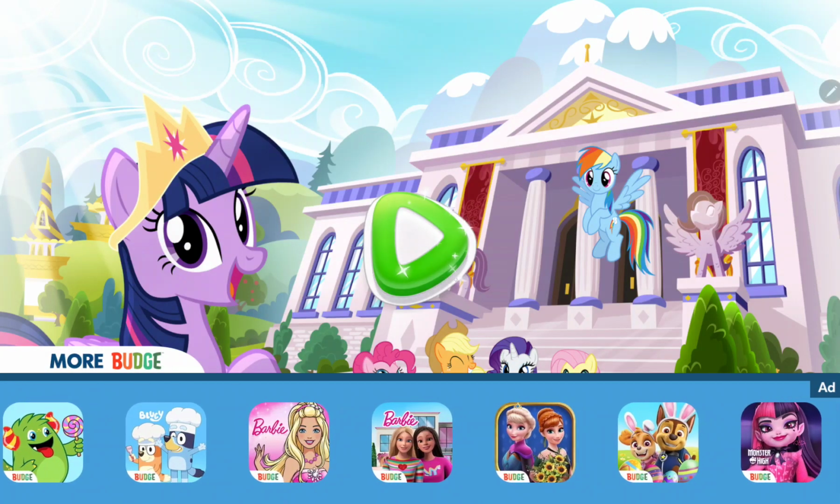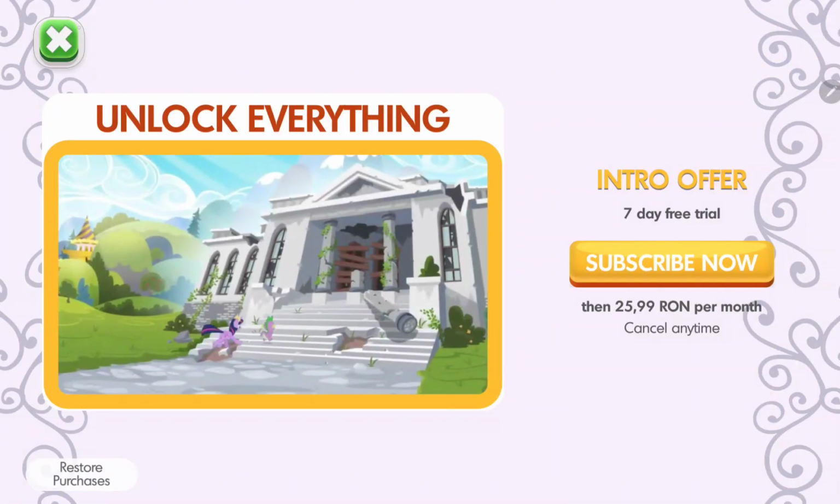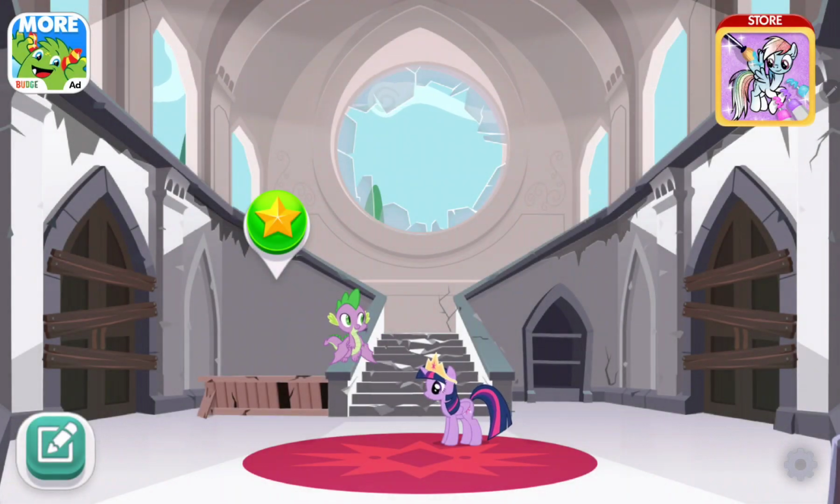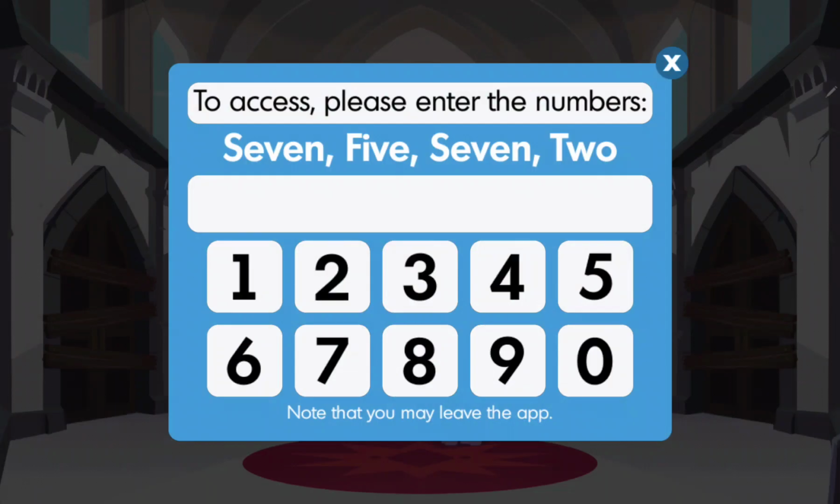My Little Pony, Color by Magic. That's the home screen. Click the settings icon at the lower right corner of the screen. Now, click the numbers